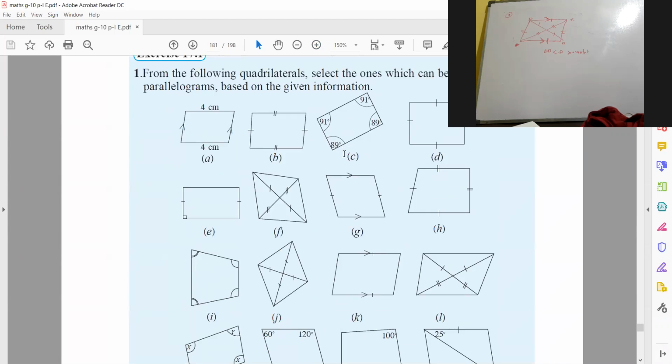And consider this one, right? Here you can see it rather looks like a parallelogram, but see whether it fits the second theorem, which says opposite angles should be equal, right? Here, see whether opposite angles are equal, right? Here the adjacent angles are equal, but not the opposite, right? This is 91 degrees. If the opposite angle, this angle should be 91, right? Not this one. Therefore, this is not a parallelogram, right? This one, this is a square. As you see, all the four sides are equal. Therefore, it's a parallelogram. There are special cases of parallelogram. You can learn it